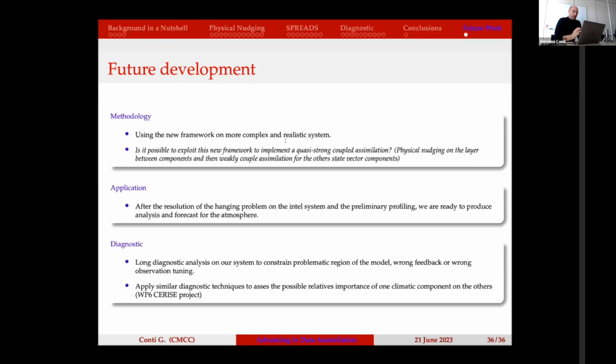And from the diagnostic point of view, from the application, we need to improve the profiling and the scalability, but we are already at the point. And from the diagnostic point of view, we can try to get longer diagnostics and implement, also in an easy way, the relation that I showed you before, and start to use variations of this quantity